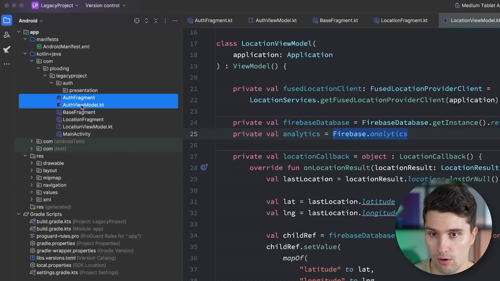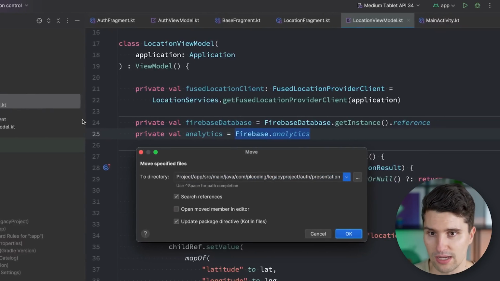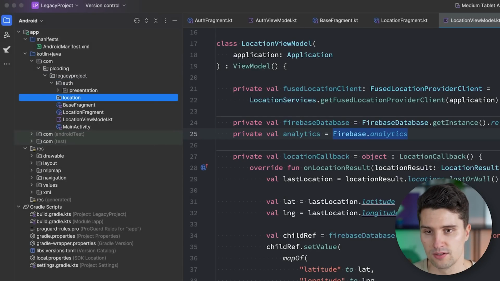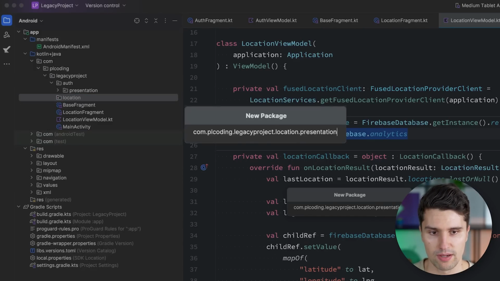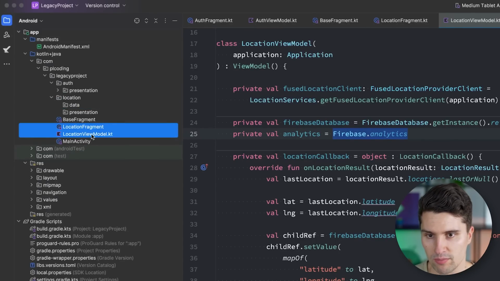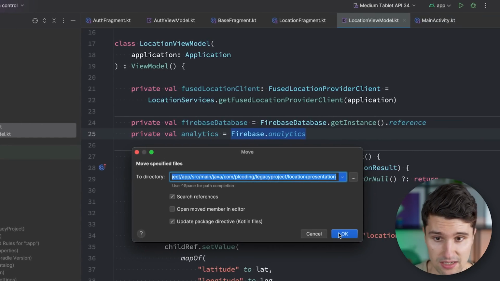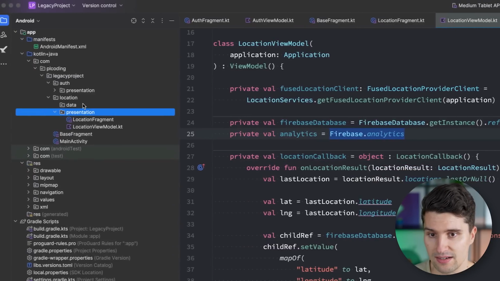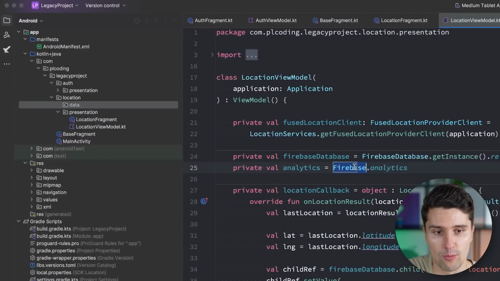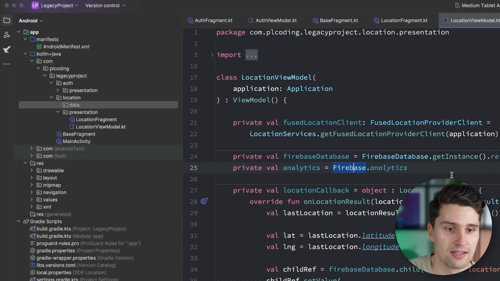Then we take all auth presentation related classes, we drag them in there, say okay, and we do the same thing for our location feature, for example. So location, have a presentation package in there and a data package. We drag in our location fragment and view model. These are both presentation related. Click OK. And now we want to start writing a little abstraction for our Firebase Analytics object,